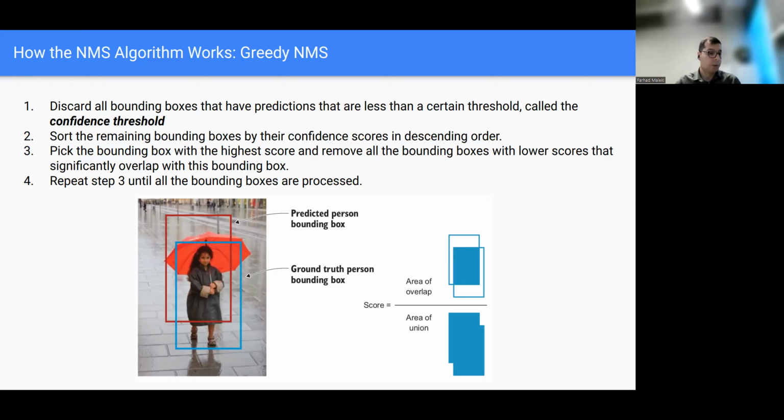For example, there might be two kids side by side, and both of them might fit in a single bounding box, and the model might count one bounding box for two objects. Those cases are possible through this process. Remember, this is a greedy process, and greedy processes are fast, but not always optimal.